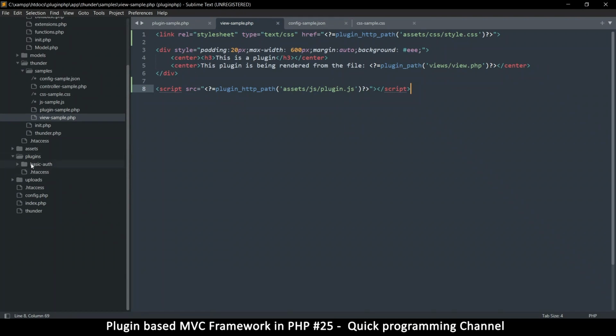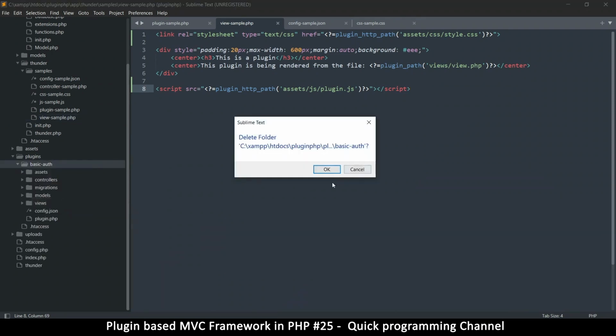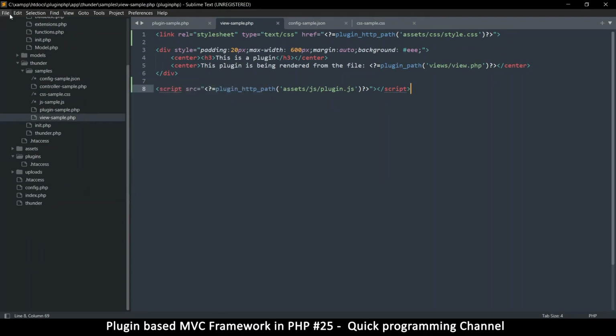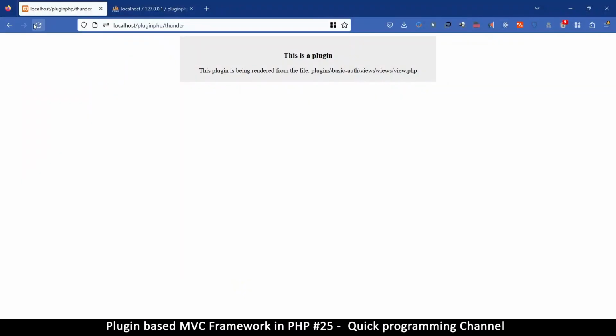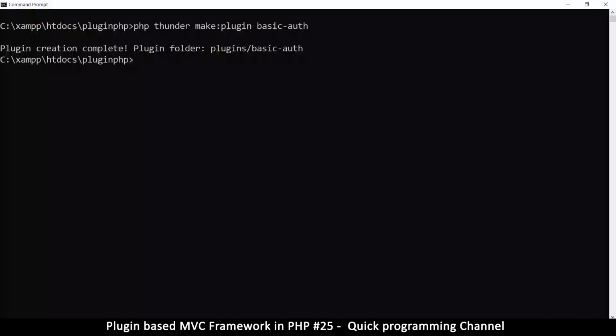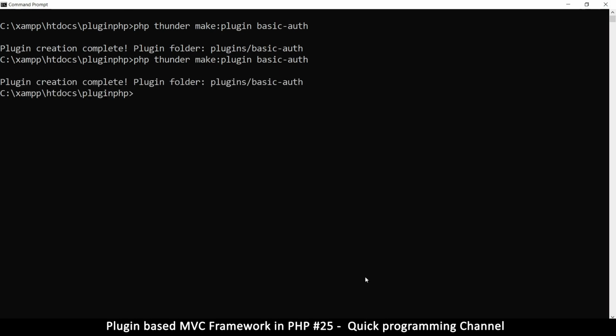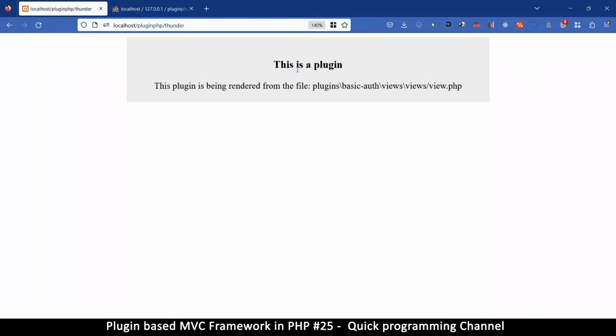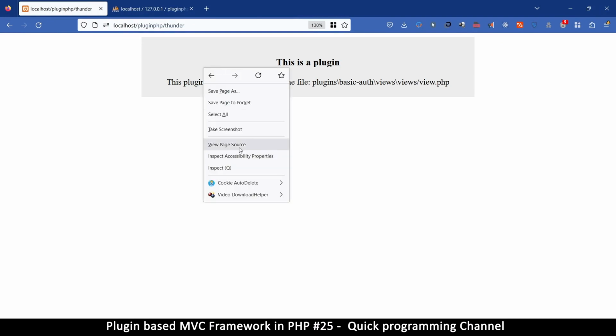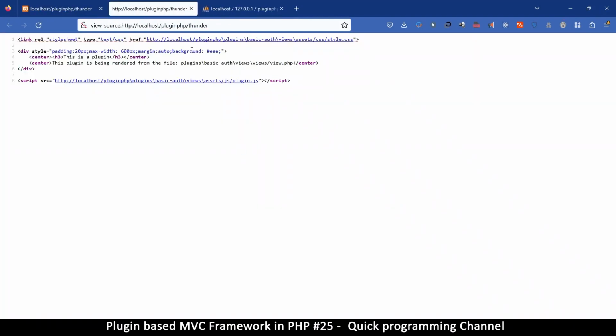And so I'll go to plugins and delete the plugin folder here. And let's close all files. So let's come back, refresh, there are no plugins. We get back here and run the same command again. So plugin creation complete. Let's now refresh. Okay, so something is going wrong still. Let's go to view page source. And this is the path we have for